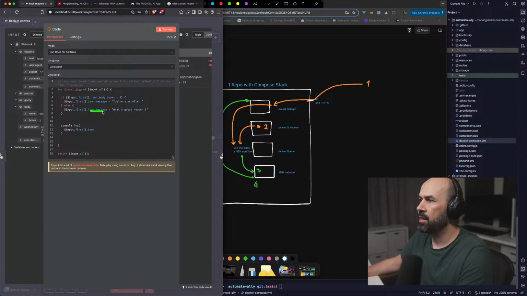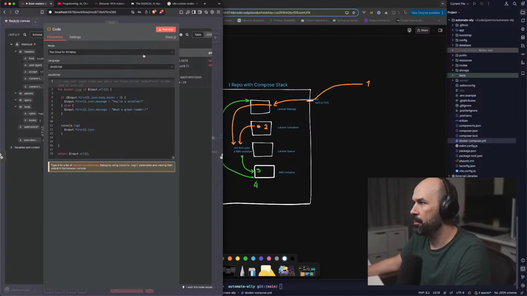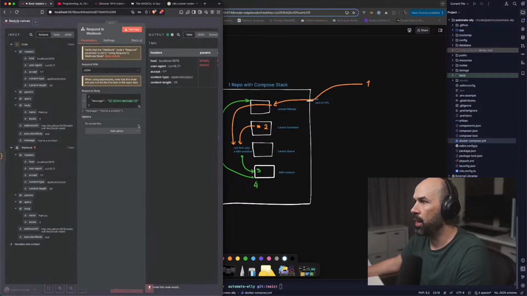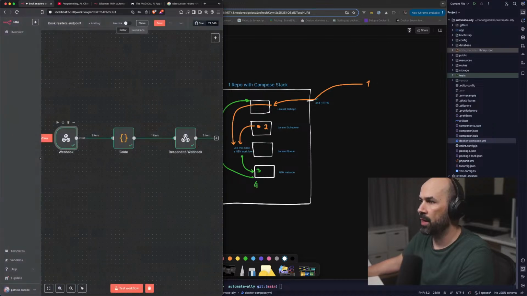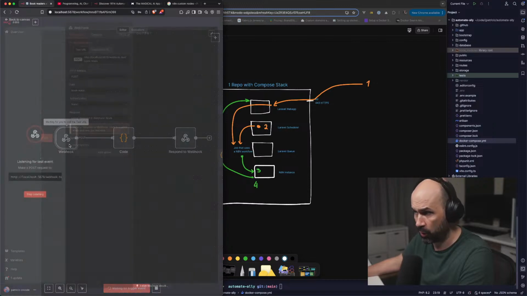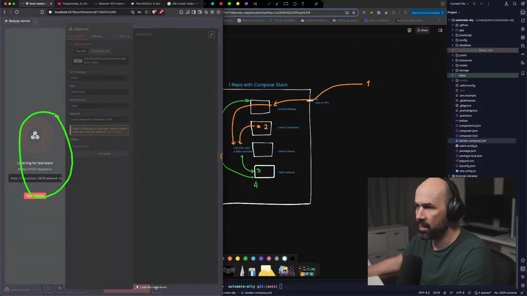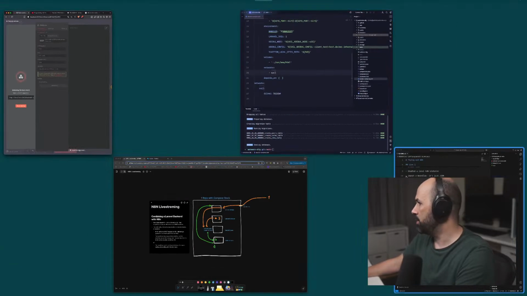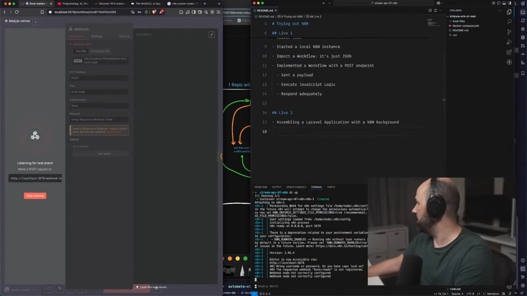So we add the message depending on that number, and we will reply with that message. If we were to start to test the workflow, we are listening for a test event in this URL.